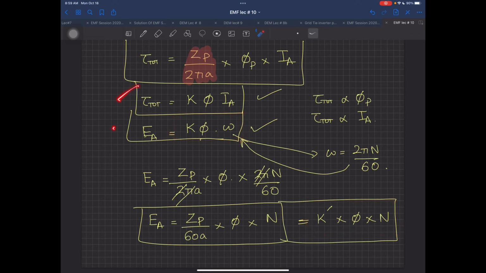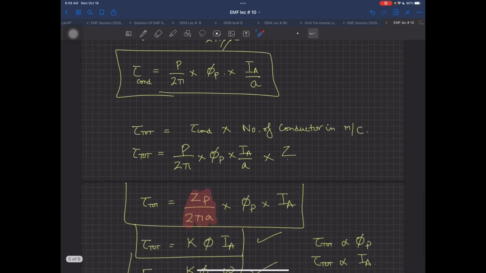And these three equations are always required to answer any short questions about a generator or motor. Okay? So if you want more output from your generator, you have to increase the flux. If you want more output from your generator, you have to increase the speed. Similarly, if you want more output from your motor, you require more flux. You want more output from your motor, you have to put more amperes inside it. But certainly, that ampere current has to be within the threshold limits of your winding.